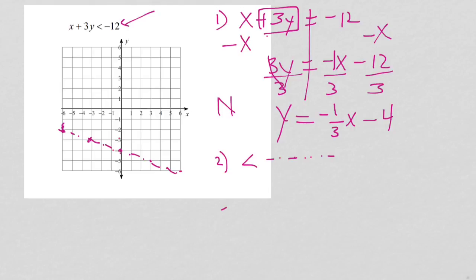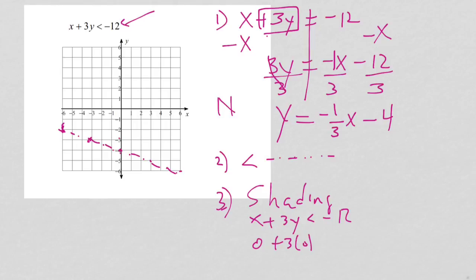Now remember option 3 or item 3 is the shading, right? And we always test 0, 0. Well, again, if we go back to the original, we have x plus 3y is less than negative 12. Always go back to the inequality. 0 plus 3 times 0. Is that less than negative 12? Is 0 less than negative 12? Nope, it's still not true. So this side of the line is still false. So that means the true side is over here, which means this is the side that's going to get shaded,